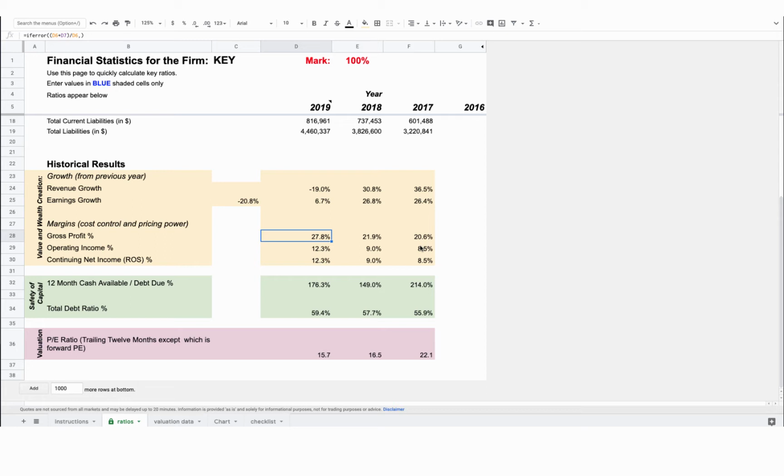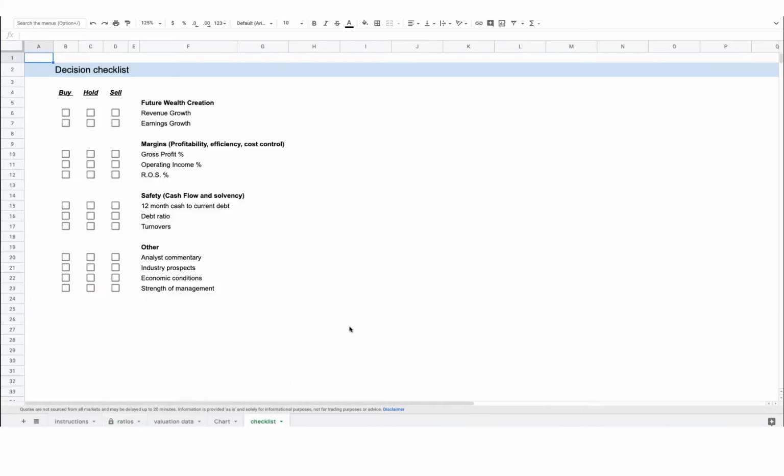As we move on to the next most important section, in this file I've created this checklist. Because there are a lot of different things to think about, you really need a checklist like this so that as you cover each one, you can give a rating. It doesn't have to be buy, hold, sell. That's common in the industry, but it could be a 5-point rating where you think, I feel really good about revenue growth. Right now, you probably should say revenue growth is negative in the short run, but will recover in the future. And then as you go into margins, what do you say? It's almost like a rubric, right? And you look through it and what is the overall sentiment that you feel by the time you're done looking at everything.